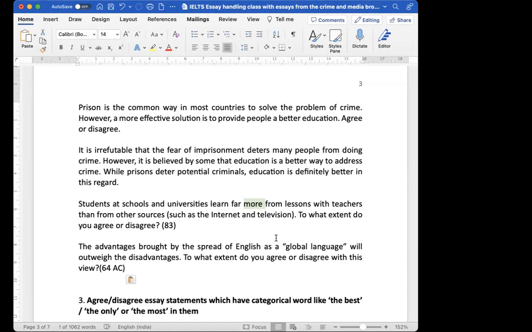So आप strongly agree करके दोनों साइड के पॉइंट्स डालोगे ना. आप टीचर से क्या सीखते हैं और इंटरनेट एंड टीवी से क्या सीखते हैं, और टीचर्स के लिए ज्यादा पॉइंट्स डालोगे. आप बताना चाहते हो कि टीचर से ज्यादा सीखते हैं. Is that clear? क्लियर हो गया ना. लॉजिकली बताना, ऐसे हूं करने के लिए नहीं हूं करना. ठीक है, लॉजिकली बताना.